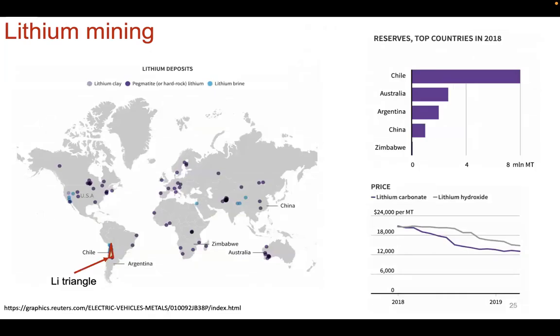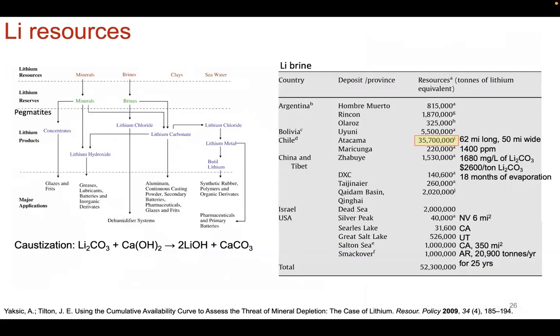We've talked briefly about lithium and how we're not going to run out of lithium anytime soon. So it's really not about the reserves, because there is plenty of it. You can see the dominant player is Chile. In fact, the dominant region is this triangular region here called the Lithium Triangle, composed of Chile and Argentina. But Australia is also a dominant player, and so is China. And in terms of cost, it's actually gone down over the years because of the efficiency of the technology for extracting lithium from lithium salts. So that's promising, but